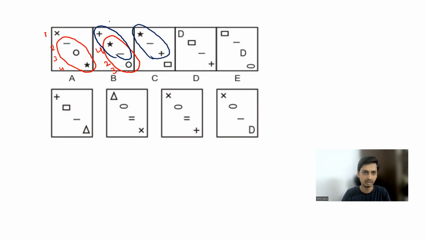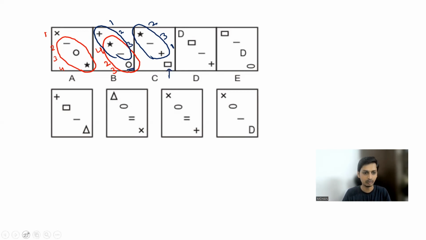I name these elements as 1, 2, and 3. Now, the second element is star, and this becomes the first element here. The third element is minus, and this becomes the second element here. And the first element is plus, and this becomes the third element here. So it is 2, 3, 1. Now, what happened to the circle? It became a new figure, a rectangle here, right?